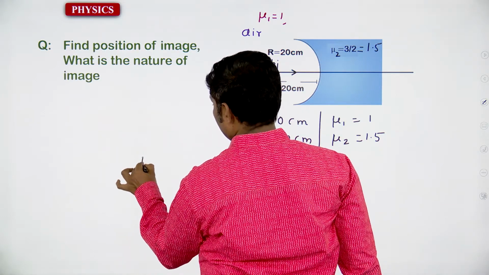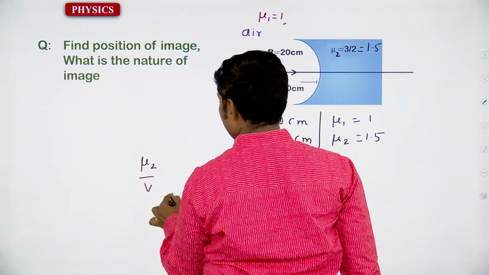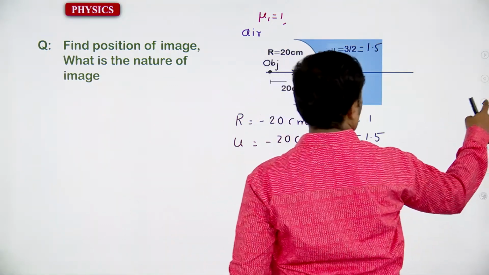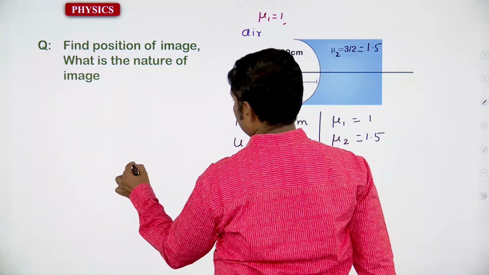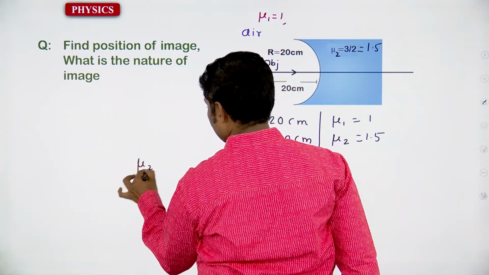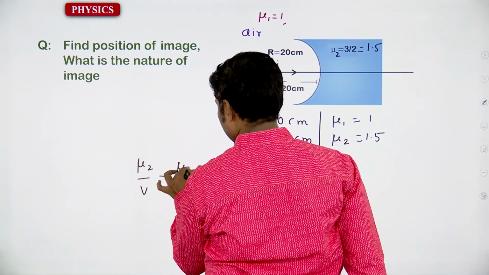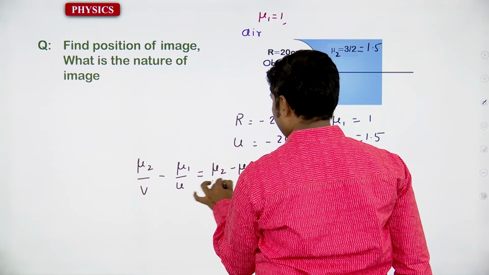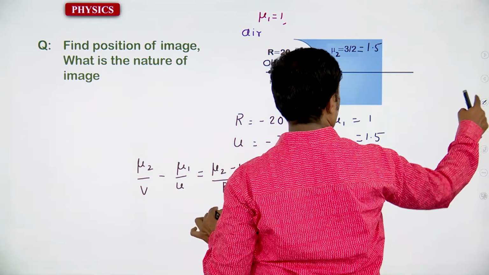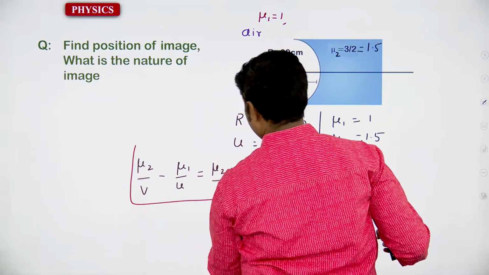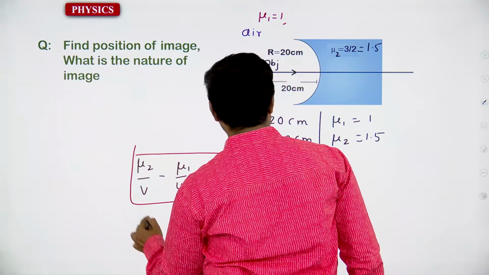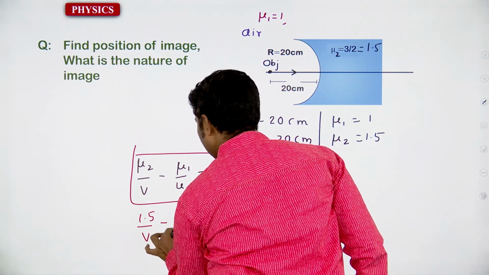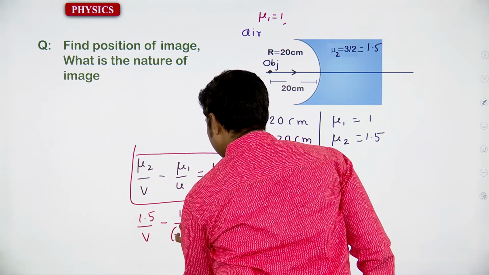Therefore, mu2 by v minus mu1 by u, we would like to substitute. Therefore, that is 1.5 by v minus 1 by minus 20 is equal to